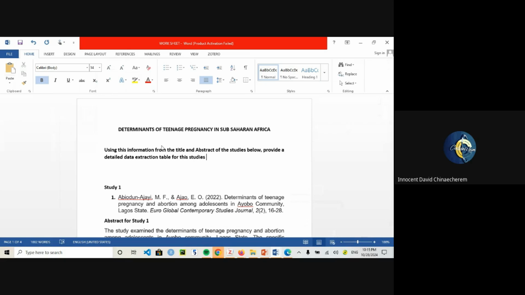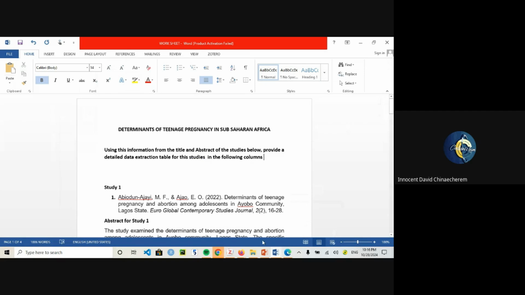So the prompt we give after we've put up the title and abstract of each study is: using this information from the title and abstract of the studies, provide a detailed data extraction table for these studies in the following